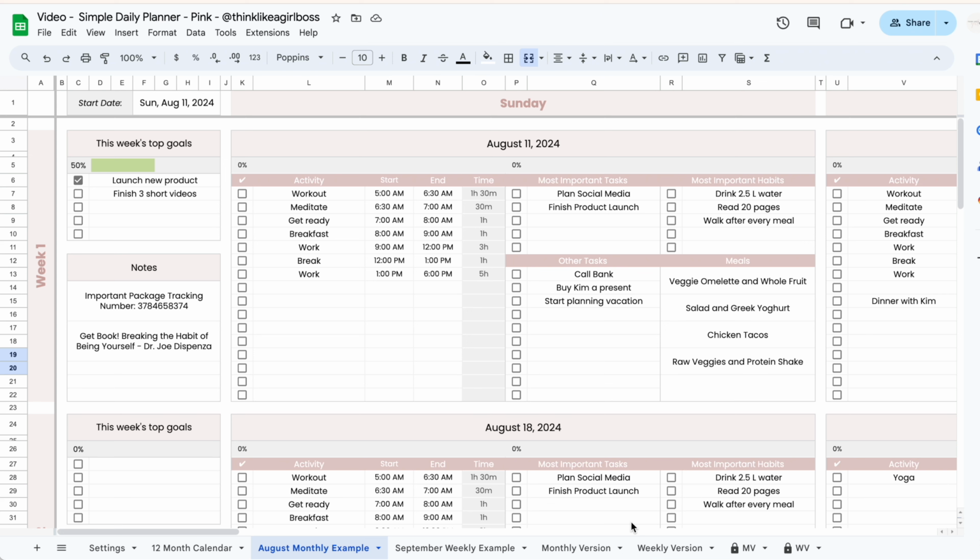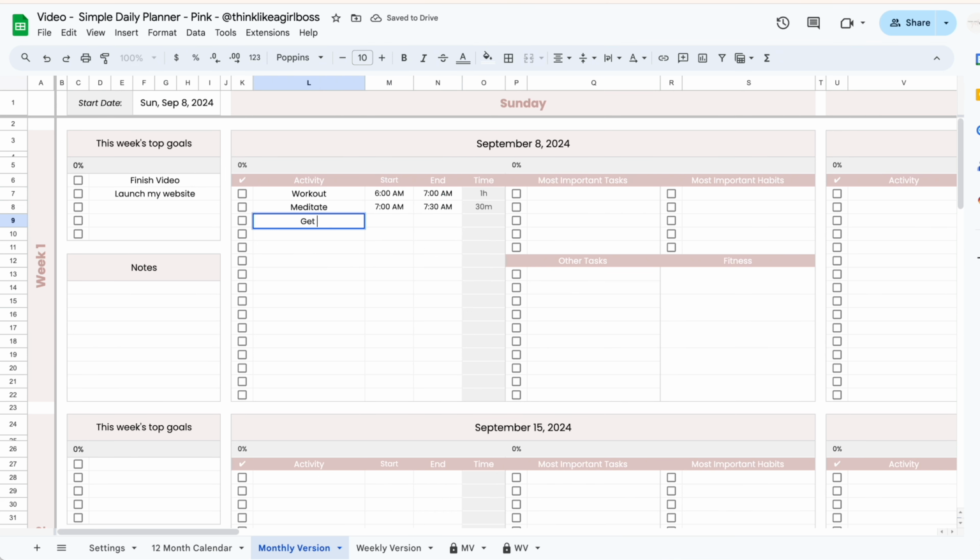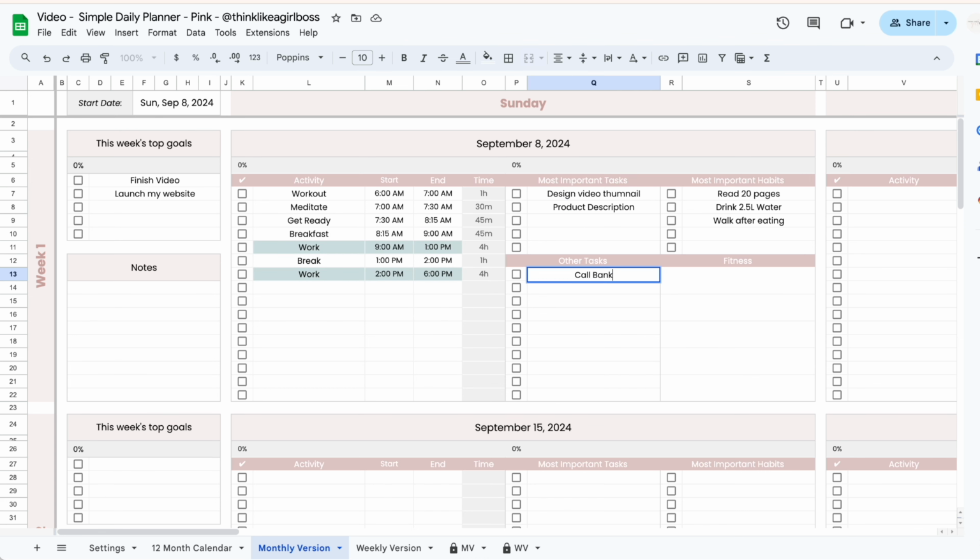I'm going to start by giving you a quick overview of how it works, how everything is connected, and then I'm going to show you how the template looks when you first receive it, and I'm gonna fill out